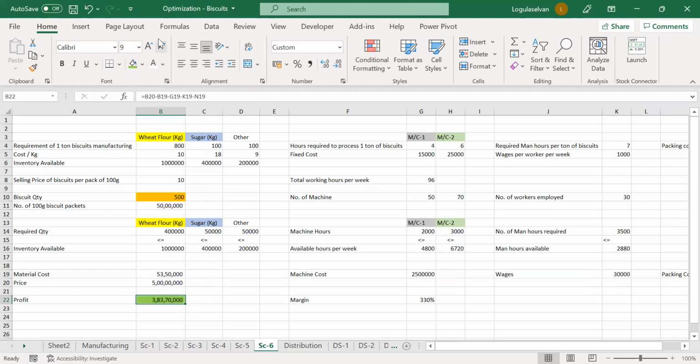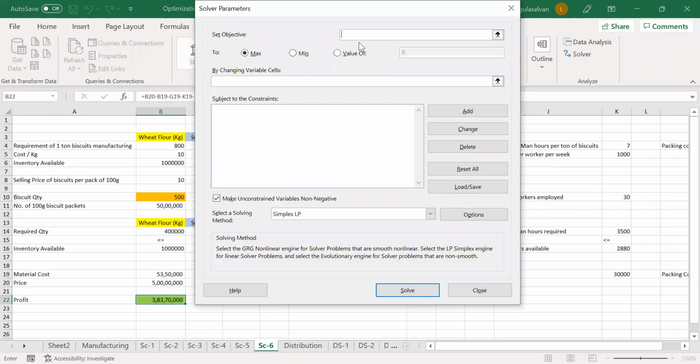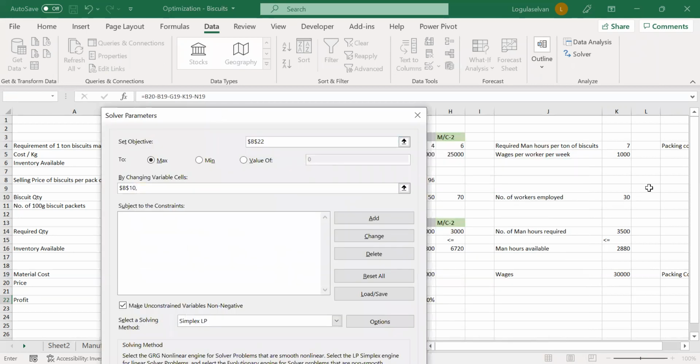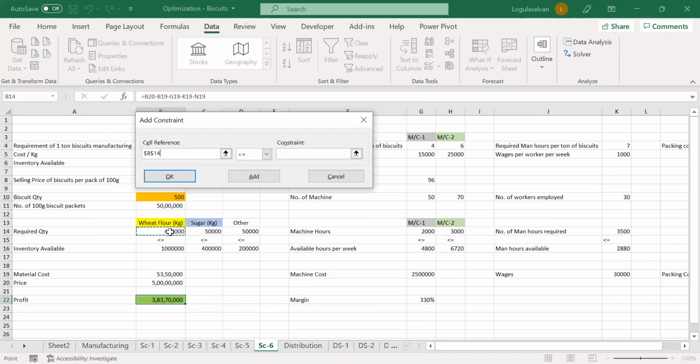So again, going back to solver, here the conditions remain same. The objective is to maximize the profit. Here there will be 2 variables. One is the biscuit quantity, the other one is the manpower, because we want to know the optimum manpower required. So 2 variables are considered, and the constraints remain same, which is